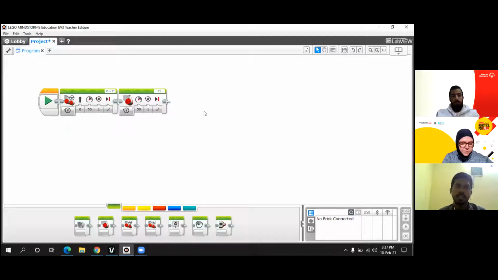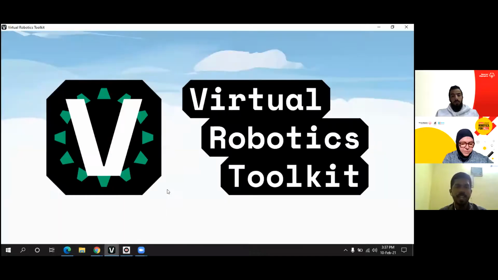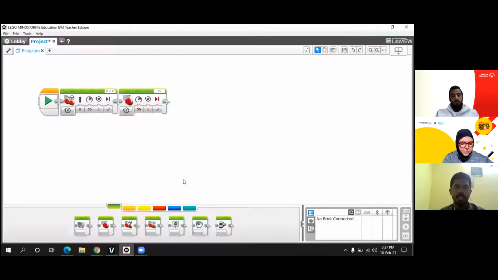It will accept only the new version of the EV3 software. If you have the new version of the EV3 software, then the VRT software won't accept it. They won't work together. VRT and the old software will work together fine. I hope I'm clear about the software, because these are the two most important things. Without these two, we cannot run a competition. Okay, so the next thing is